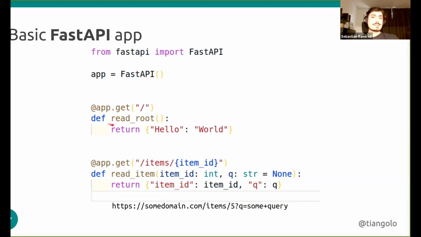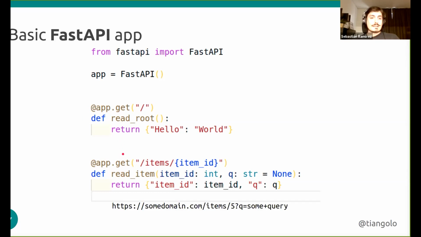FastAPI underneath is an asynchronous framework. But if you use a normal function definition, it will do the right thing to make it run in a thread pool. The technical details aside, the thing is that it will work and it will do what it has to do, so you can just use normal functions and it will work correctly. If you know about async and await, then you can use them and get all the benefits from them. But if you don't, you can simply use normal functions and it will just work.